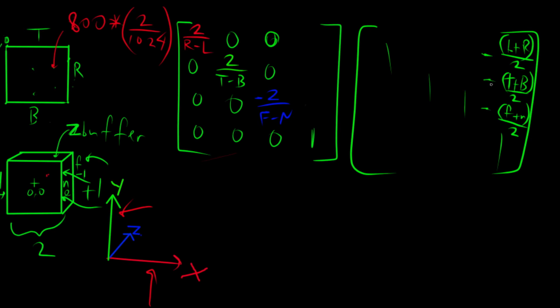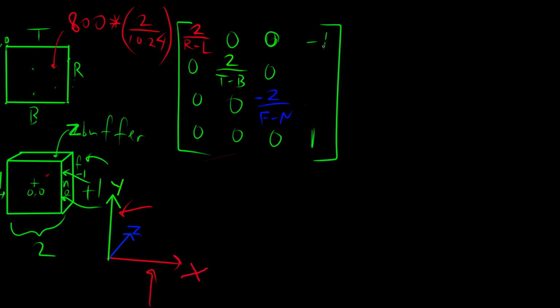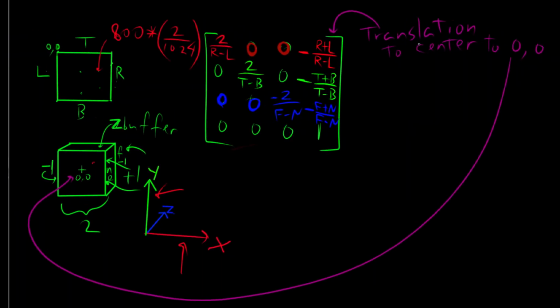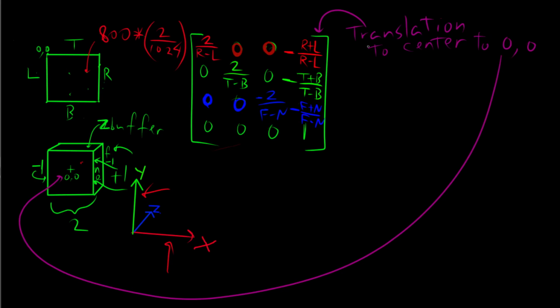And when we multiply these two matrices together, it's a very long and extensive operation, but you'll notice the 2 on the bottom is going to cancel out with the 2 on the top here, and then you should have this L plus R on the top, L minus R on the bottom, and you do the same thing for the other two also. So I'll just put those in here following that rule. So what we should end up with, okay, so as I wrote here, it might be hard to read, translation